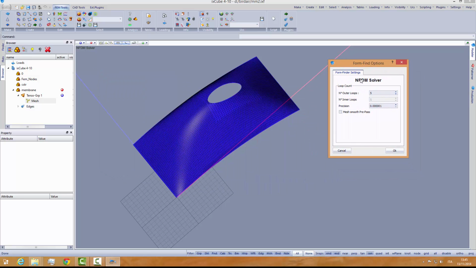As we can see here, we are using the NFDM solver. This solver will ask us how many outer loops and how many inner loops. The number of outer loops will give us the accuracy on how much we reach the desired pretension. So to reach a perfect prestress of 1 kilonewton per meter in the warp and the weft direction, maybe we need more loops. But if I don't care about the prestress, I mean, if I don't care that the prestress in the membrane is different from 1,